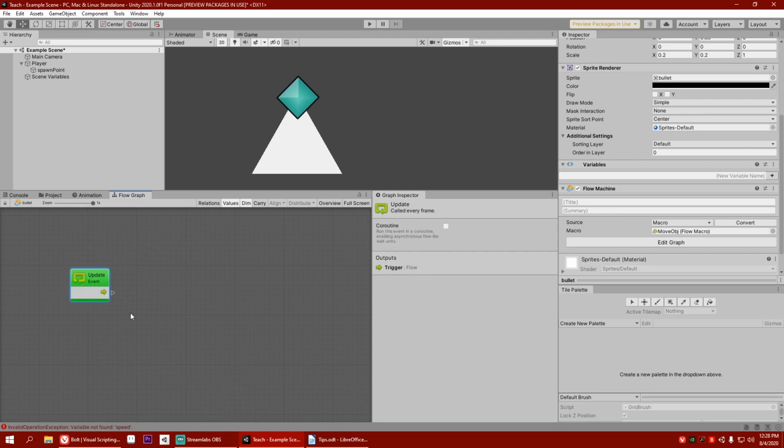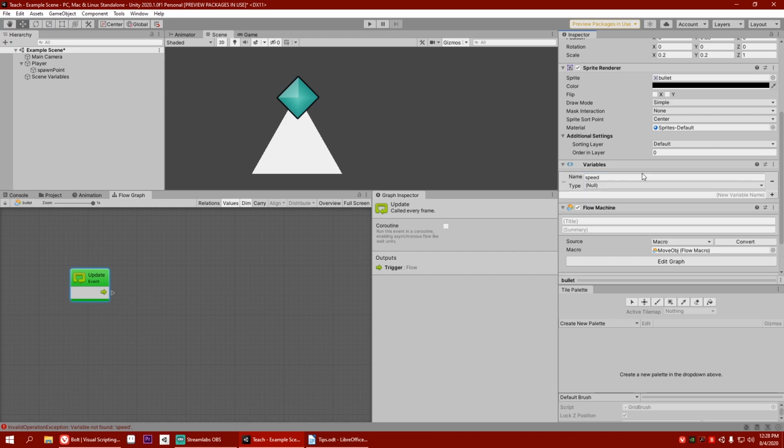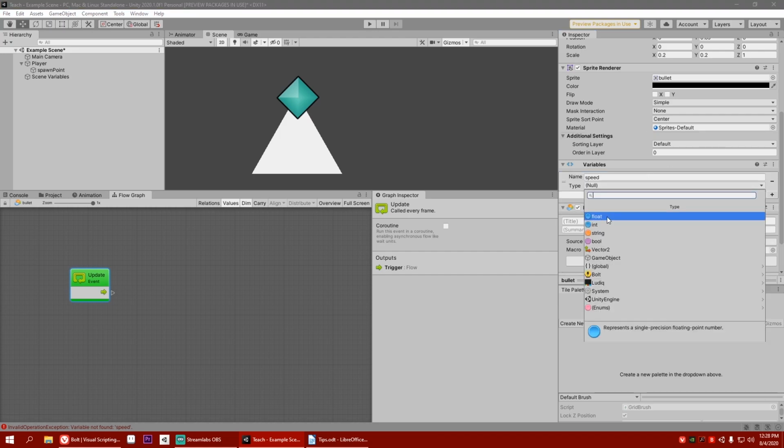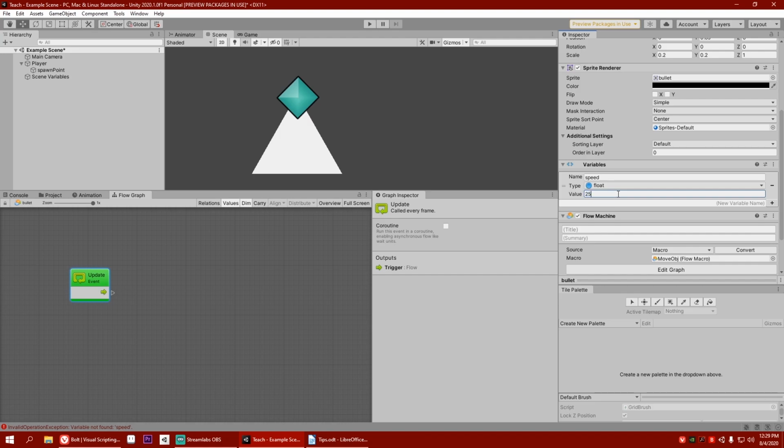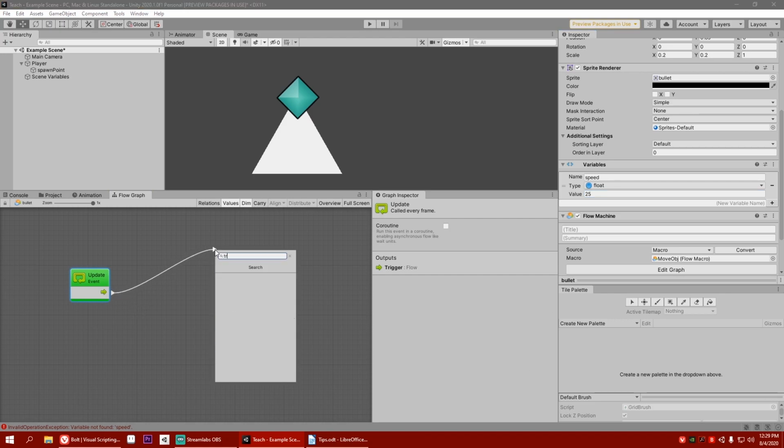After that, we just need to make it go up at a certain speed. So we need a speed value. Let's call it speed in the variable. I just put it there, it is a float, and the speed will be 25. It is a bullet, so 25 would be fine. Speed is 25. After that, I need to write translate